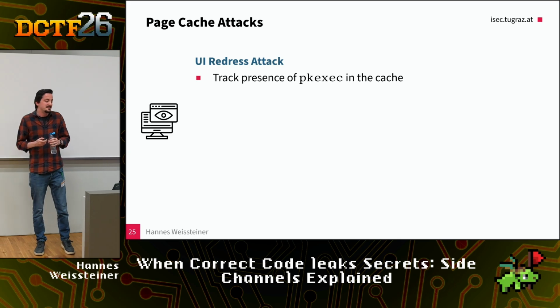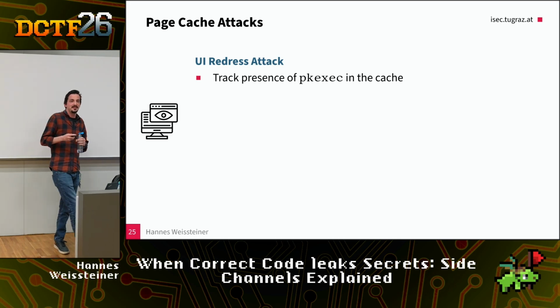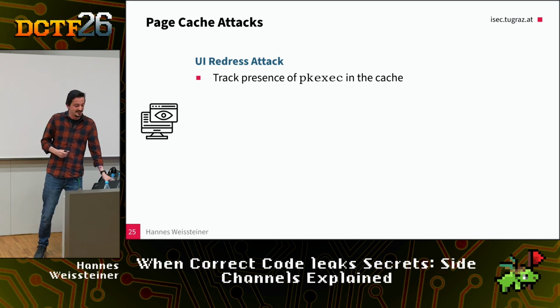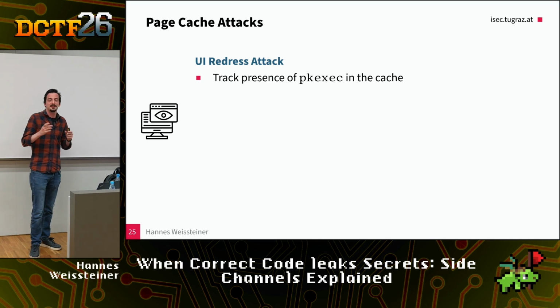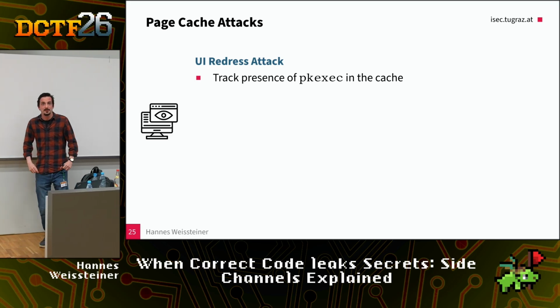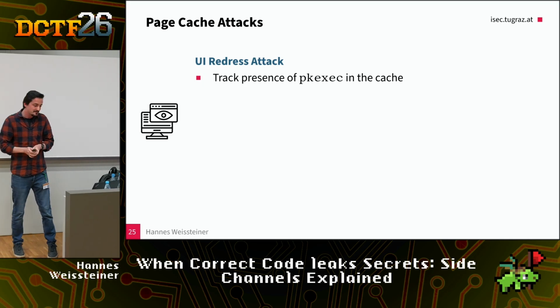What they did with that is they could track the presence of pkexec. pkexec is the tool that pops up sometimes when you want to start some program that requires root privileges. It pops up, asks you for your password.